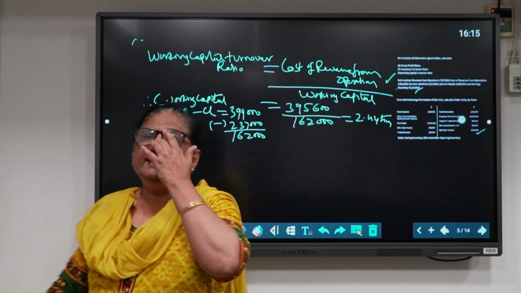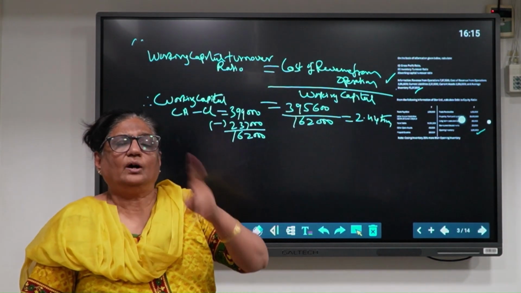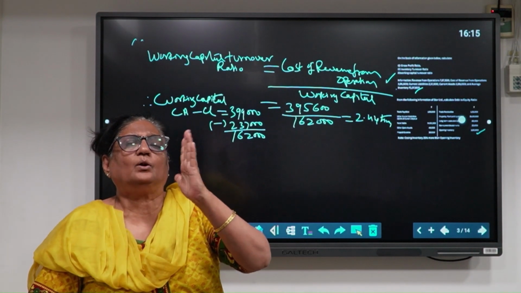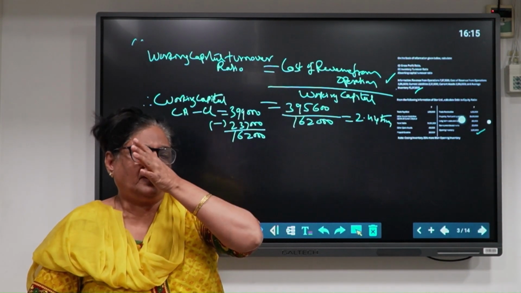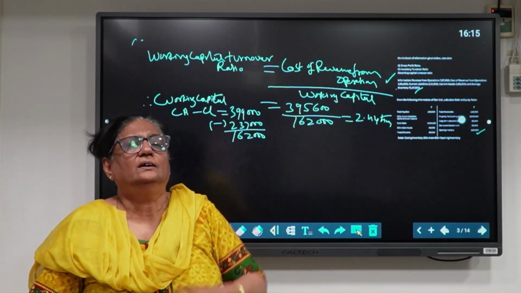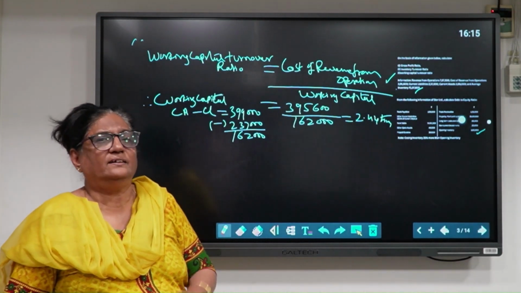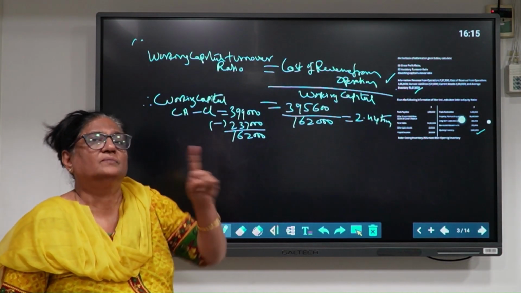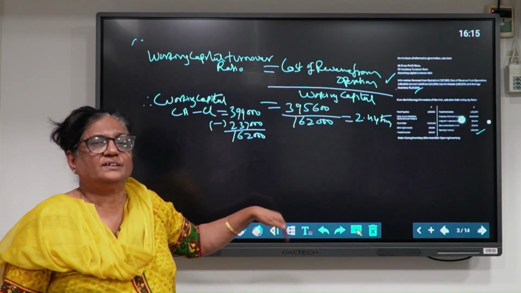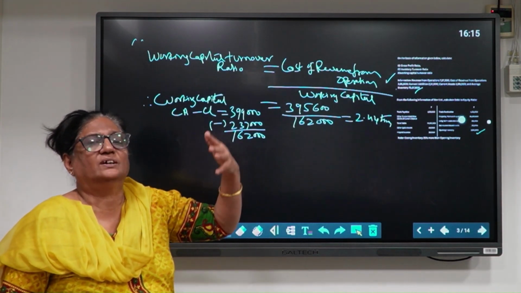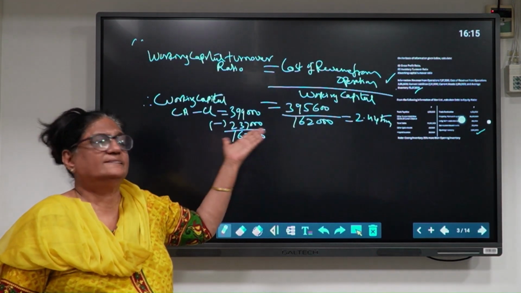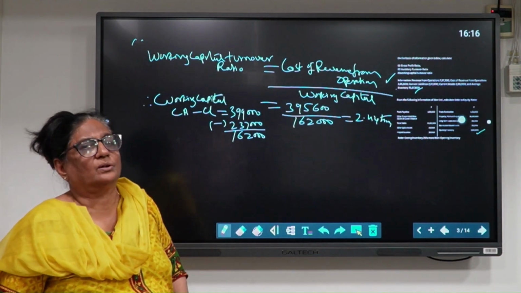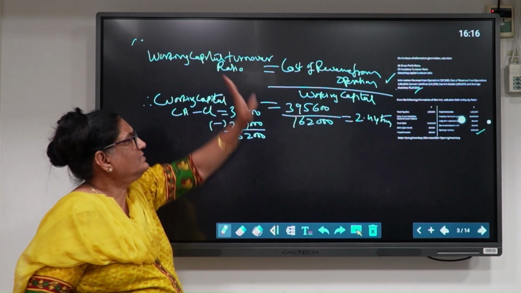Now wherever working capital turnover is there, and for inventory turnover, please take cost of revenue from operation, not the revenue from operation. Fine? Clear? We have already found out the closing stock, so why work on it next time. Along with this problem I have worked out the closing stock. Then we will see the next part, where we require that closing stock calculation. Yes, the first part is over.